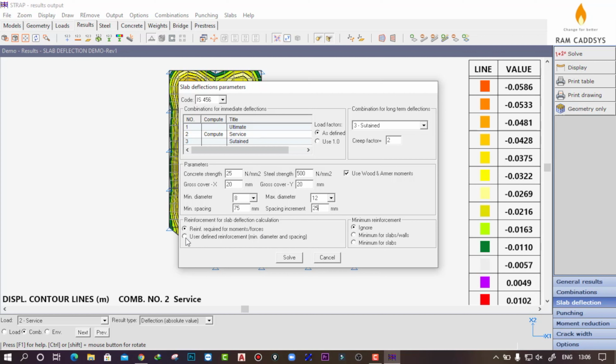Otherwise, if you click on user defined, you have to provide the reinforcement here, and as per this given reinforcement it will calculate the deflection. So let's click on reinforcement required for moments and forces. It will calculate the reinforcement automatically. You can check this one also, minimum reinforcement for slabs and walls. Otherwise you can ignore it. Now let's click on solve.